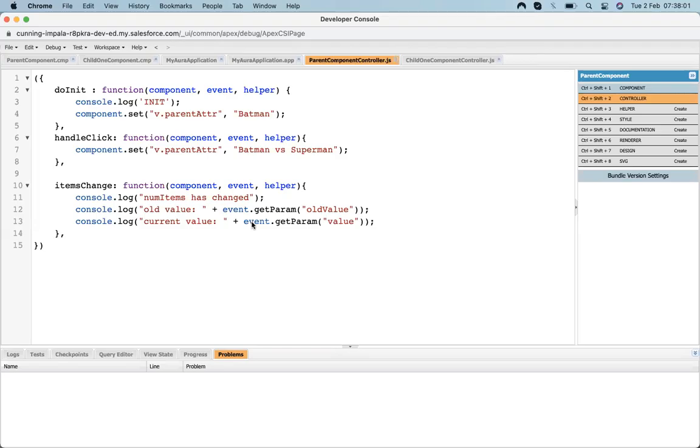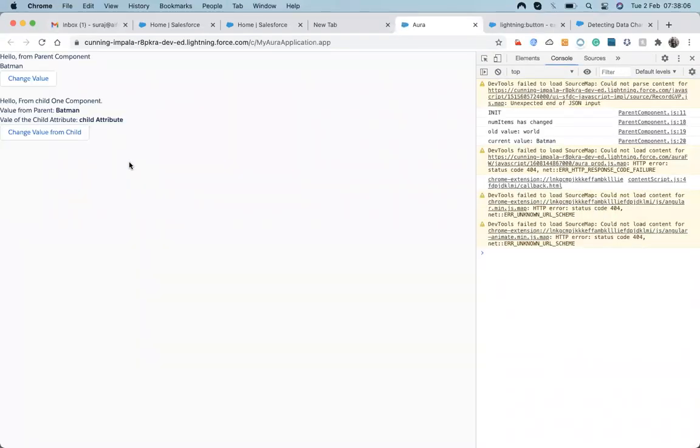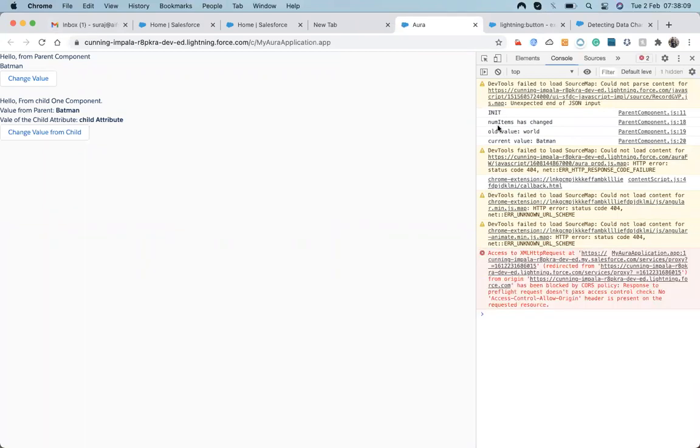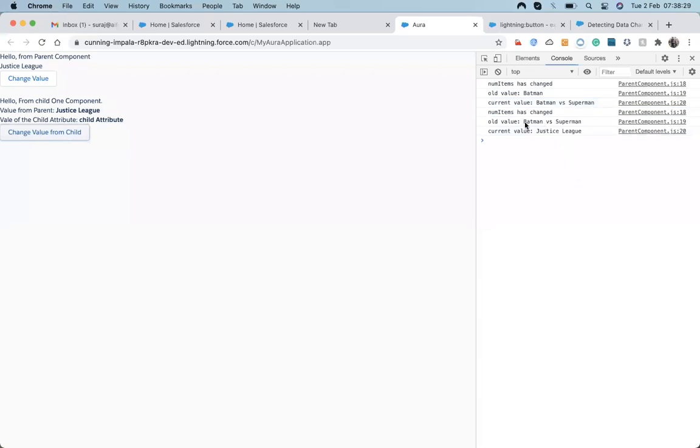Save it. Okay, it's loaded. Once it's loaded, the old value is world and the new value is Batman. It's changed. Suppose I change its value from here: Batman versus Superman. Again it's changed. It says the old value is Batman, the new value is Batman versus Superman. And when I click from here, the old value is this and the new value is this.